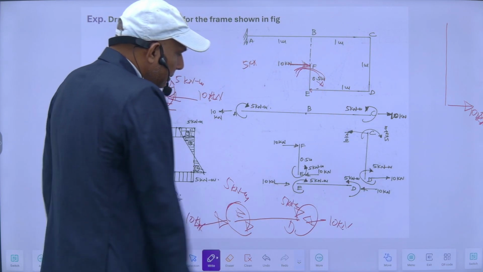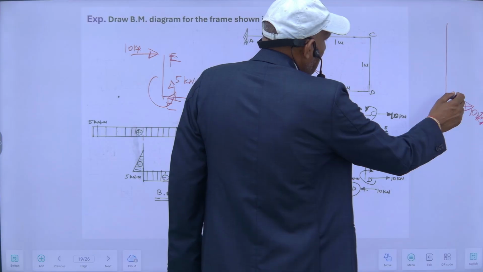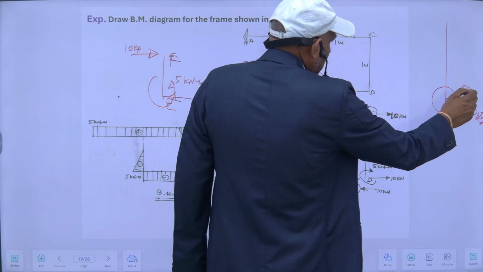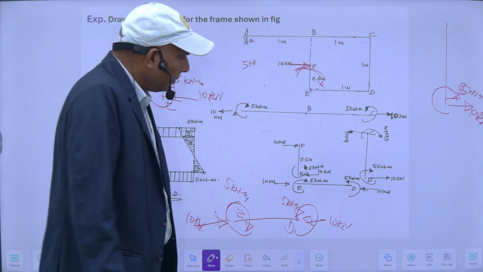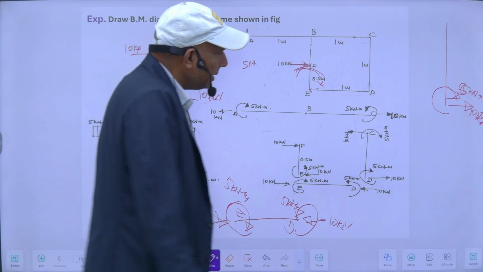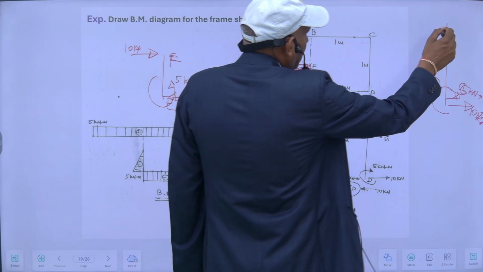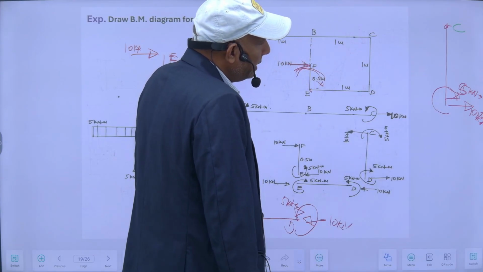This is anti-clockwise, so this must be clockwise, opposite to this. And again no vertical load, so there is no vertical or axial force here. So at this point C, if I know my total moment because of this will be